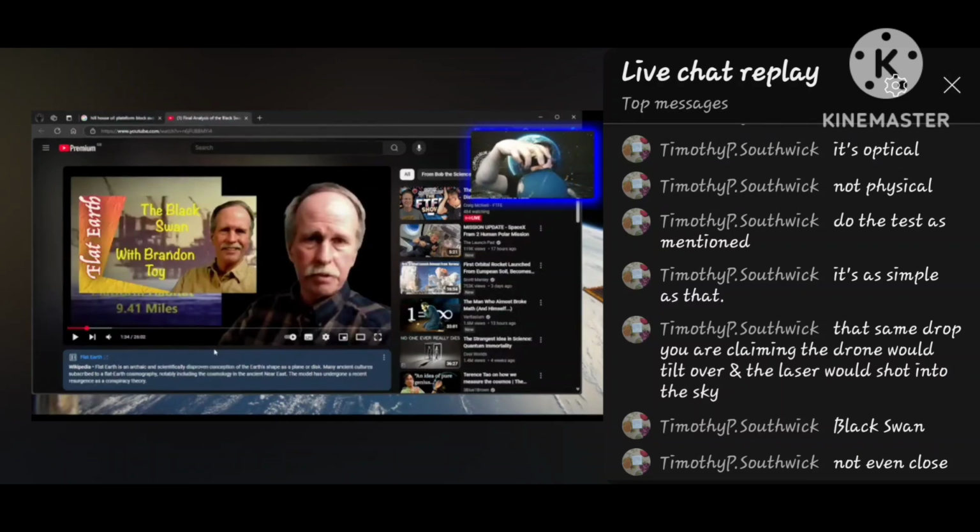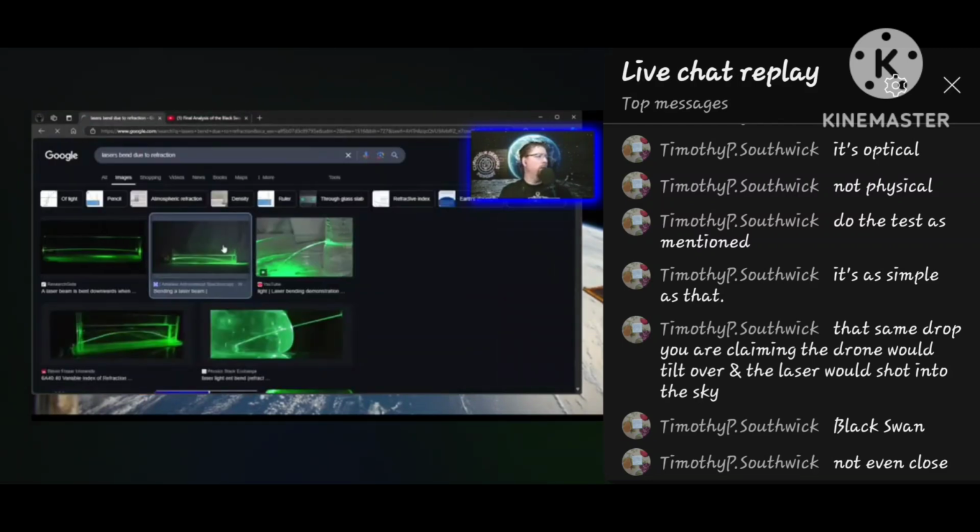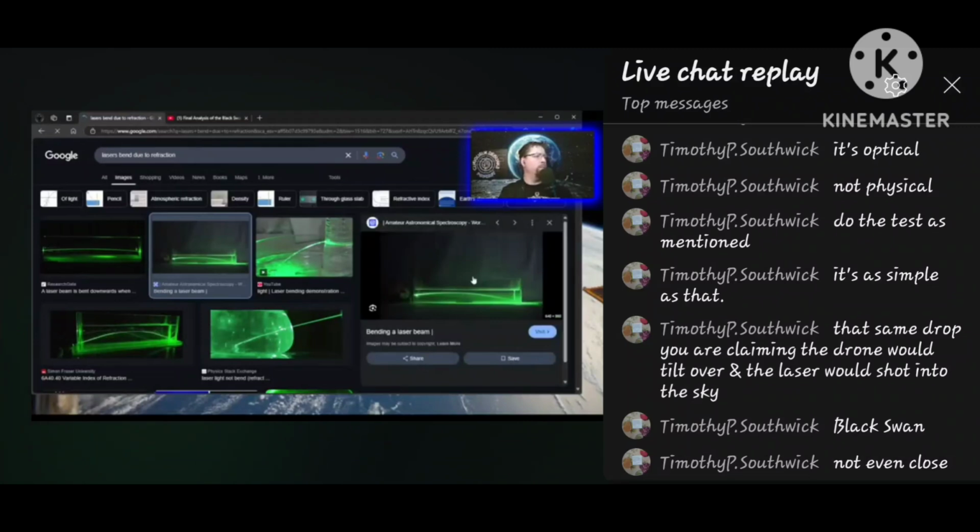Now, obviously, this is an extreme example because this would be obviously thousands of miles wide, right? But you get the point. You just come around here. It wouldn't be shooting into the sky because atmospheric refraction still affects lasers. Lasers still bend. So there's stuff like this here, which is see this shooting here.